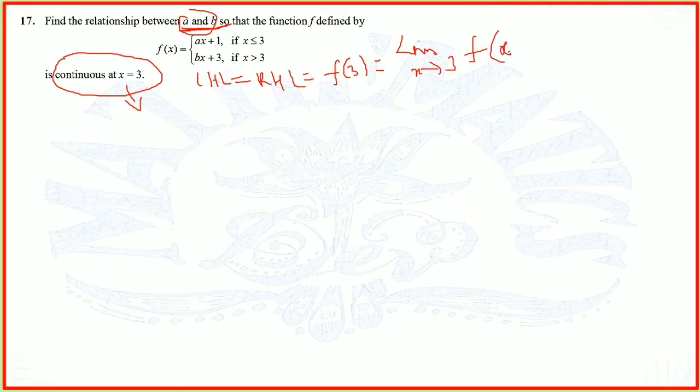Now out of these 4, we can take any two in the beginning, and later on we can take any two for this relationship, and then we can equate them. We can equate and then we can prove that this function is continuous. So let us go for the solution.